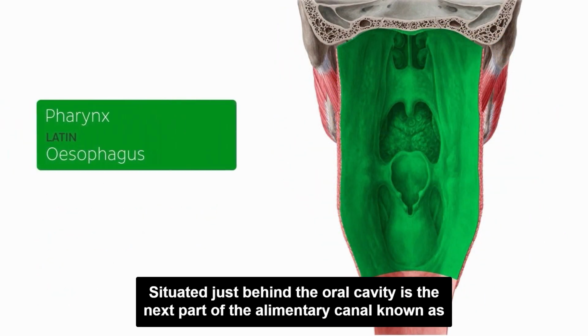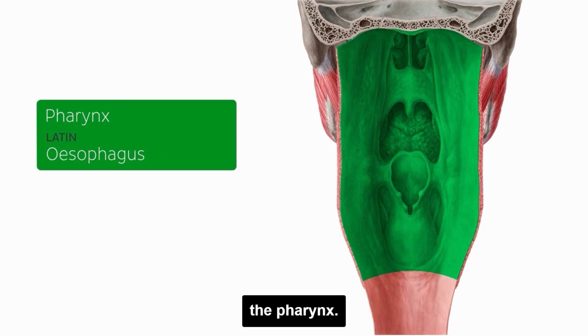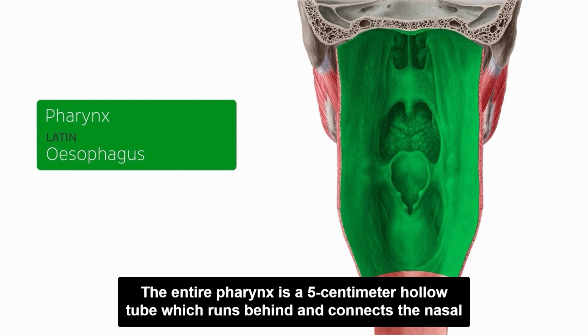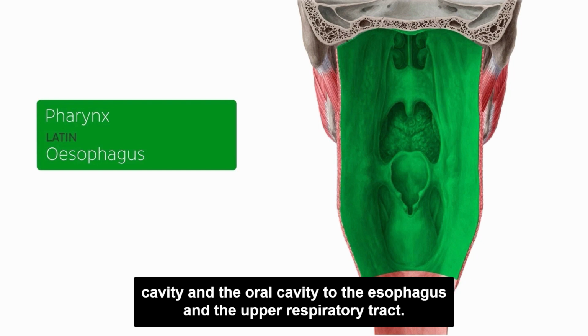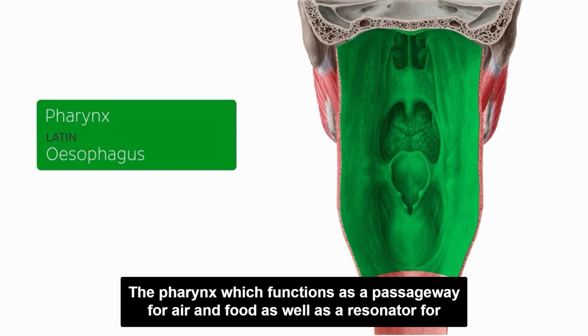Situated just behind the oral cavity is the next part of the alimentary canal, known as the pharynx. The entire pharynx is a 5 cm hollow tube which runs behind and connects the nasal cavity and the oral cavity to the esophagus and the upper respiratory tract. The pharynx, which functions as a passageway for air and food, as well as a resonator for the voice, can